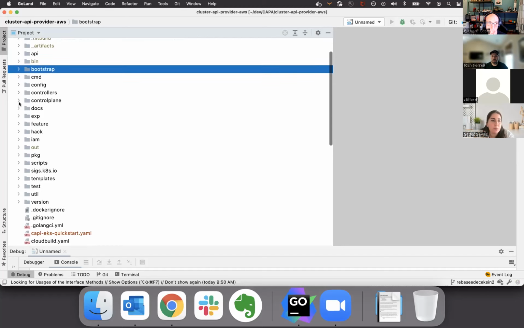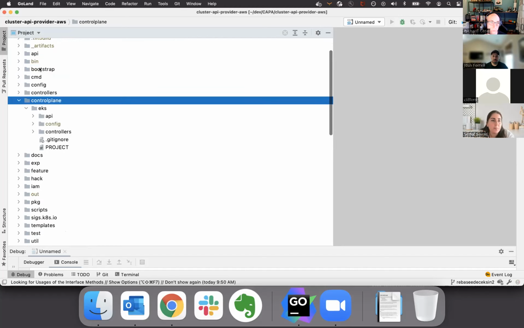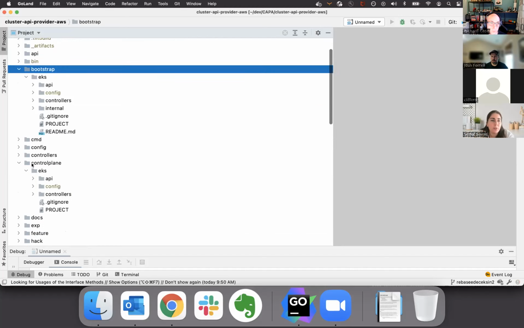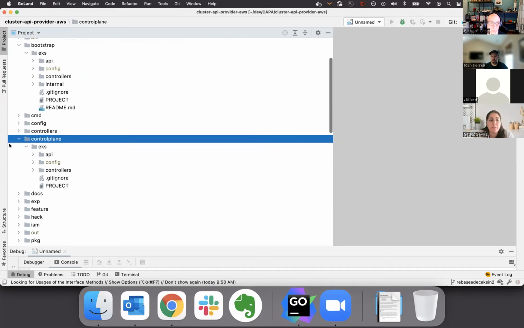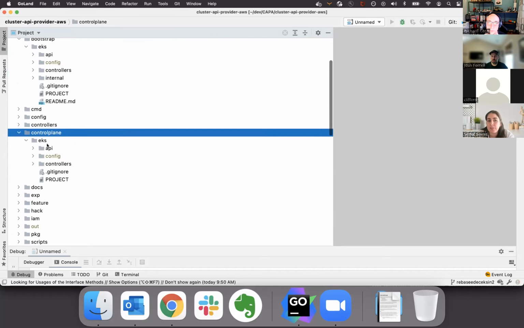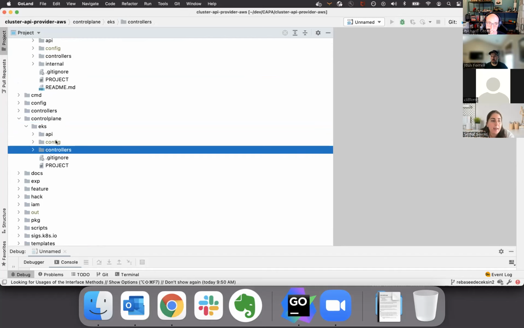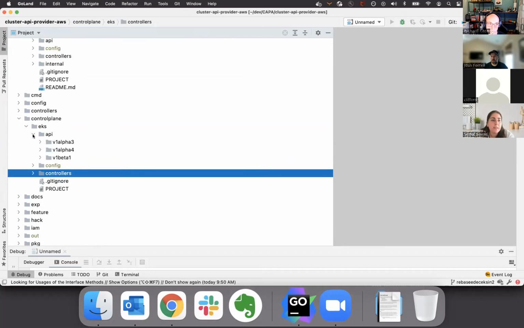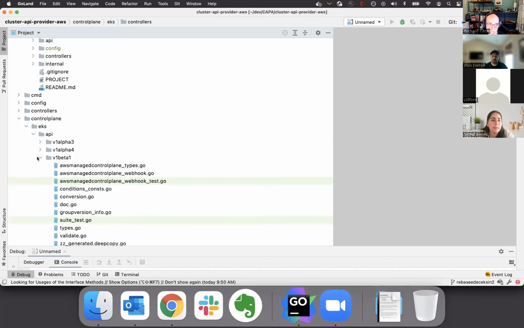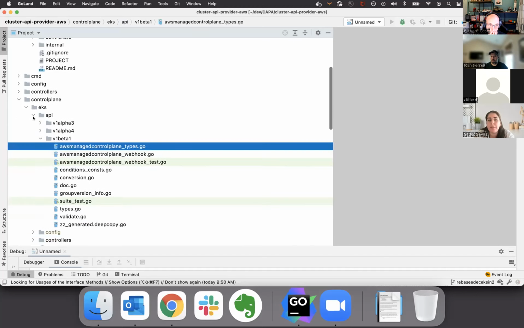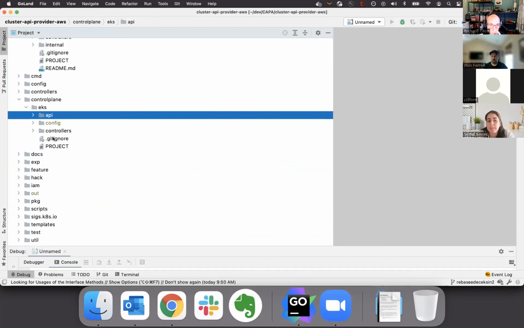If we move to the control plane. As I mentioned, the bootstrap and control plane packages are specific to EKS only. This control plane is again a kubebuilder scaffolding. It has API and controllers, and basically it has the AWS Managed Control Plane resource. So this is where we create the EKS control plane